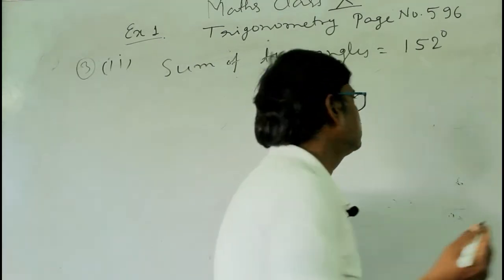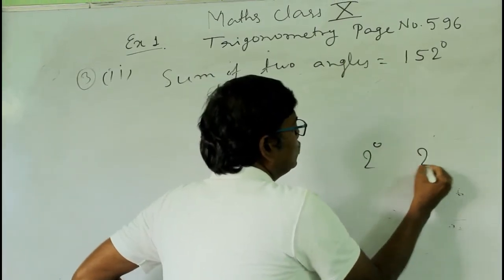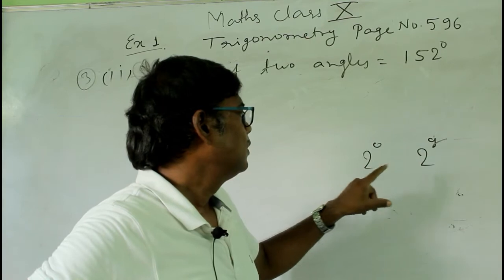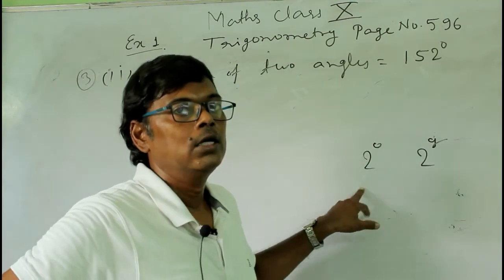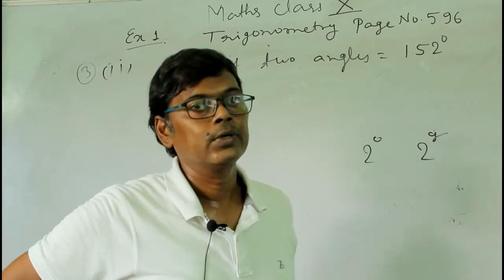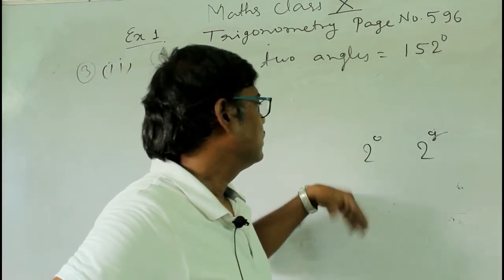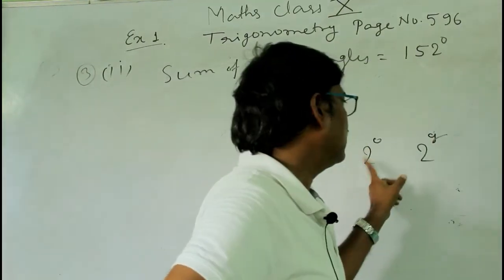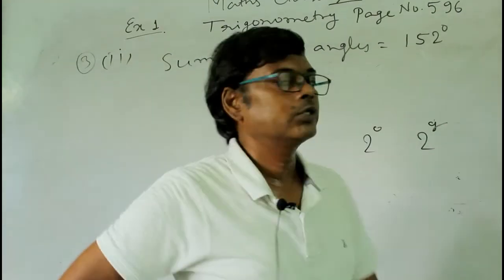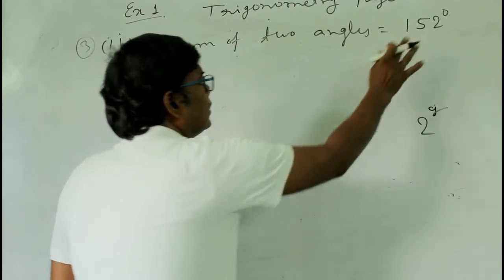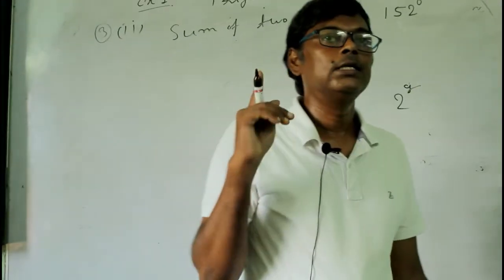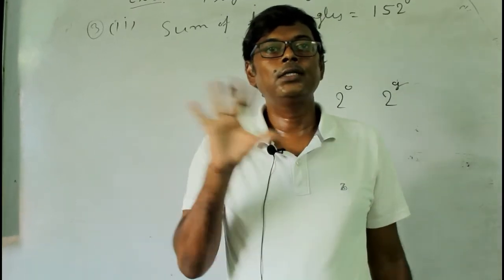And actually, like here, suppose that is 2 degree and 2 grades. Both angles are numerically equal. That is, it is 2 degree and 2 grades here. Actually, they are numerically equal, but they are not equal. This 2 degree angle will be larger or smaller, I don't know. Both angles are different, but they are numerically equal. And in this question also we are given that the two parts of this angle, one part is suppose x degree and the other part is x grade.